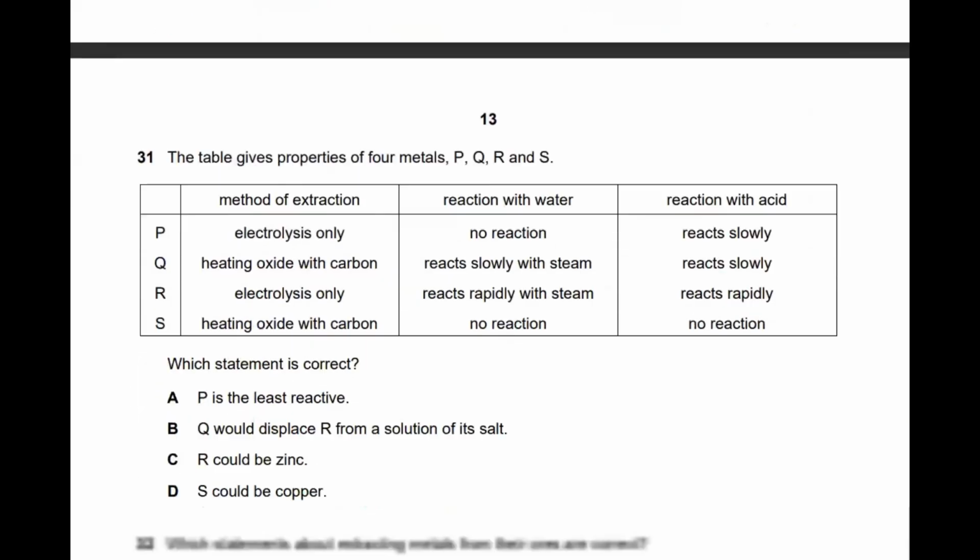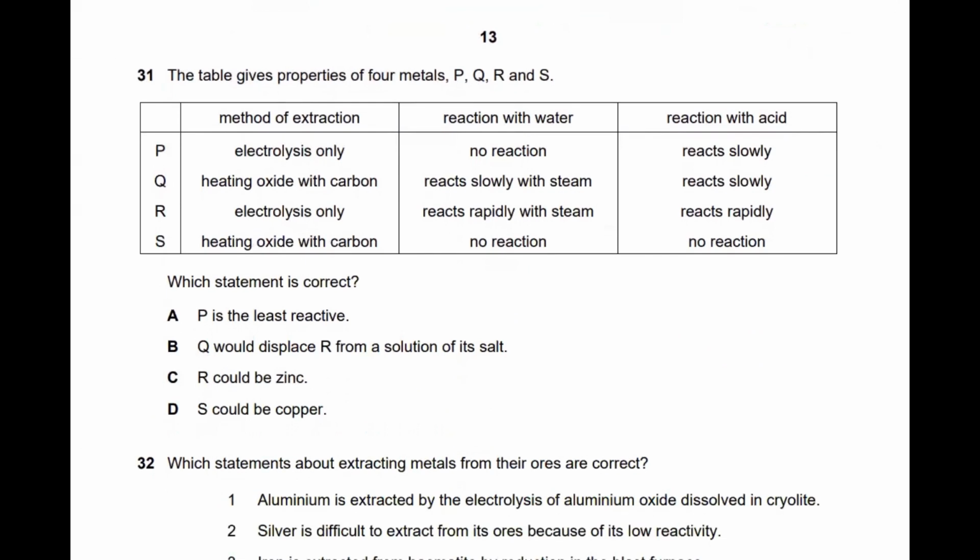Next question is question number 31. It gives you the properties of the four metals P, Q, R, and S. Now, the method of extraction they have given, the reaction with water they have given, and the reaction with acid they have given. So this question is related to the reactivity of different metals. Now, first of all, when you talk about electrolysis, so when you talk about potassium, sodium,